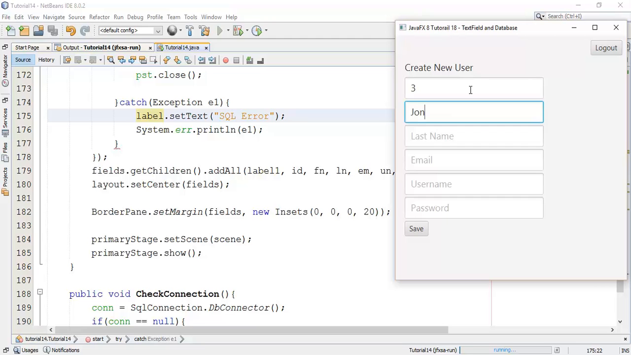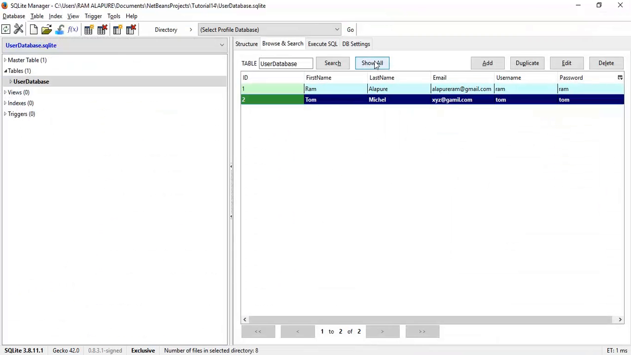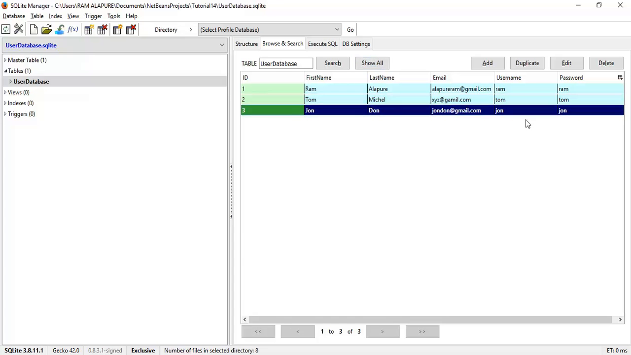Now I'm going to create a new user, say user ID 3, username say John, for last name Don, then say email ID johndon@gmail.com, then say its username John, and I'm going to set the password same John. So I'm going to save this. After saving this, you will see that after show all, here is the user we have added